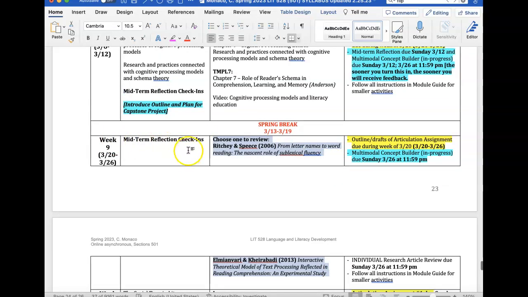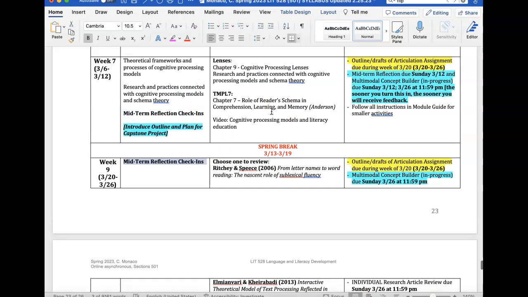This week after spring break, you and I will also meet individually based on your midterm reflections, which will be due Sunday, the 12th here, okay? So those I would like turned in before spring break. However, you can take the week after spring break to still work on that multimodal concept builder draft.